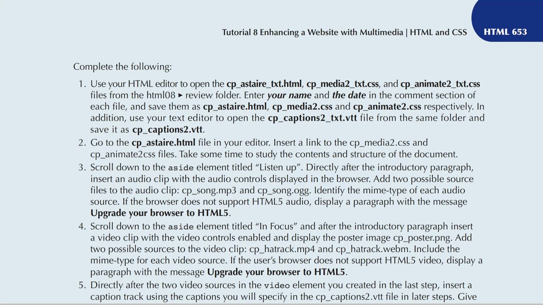In this video, you'll be learning how to complete Review Assignment 8. So here we are in the textbook reviewing the instructions for Review Assignment 8. Starting with Step 1, it asks us to open up our HTML editor. And in the HTML editor, we're going to open up the files